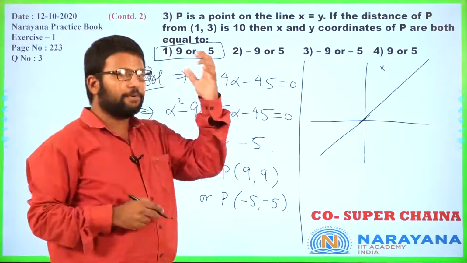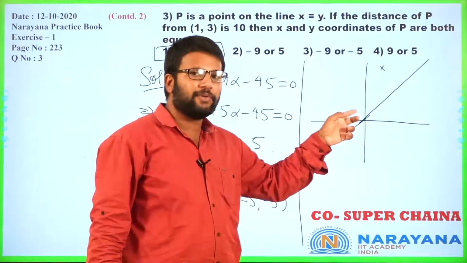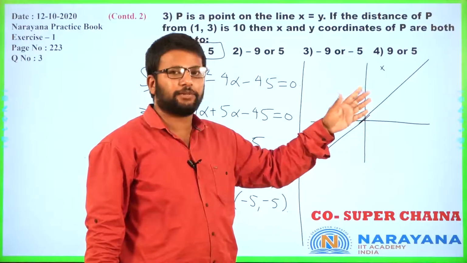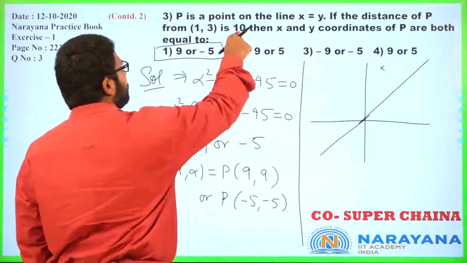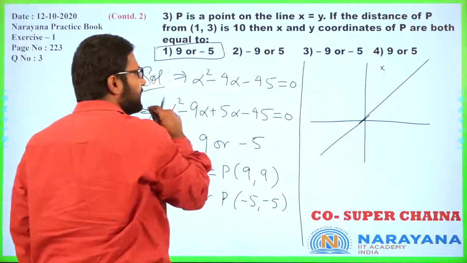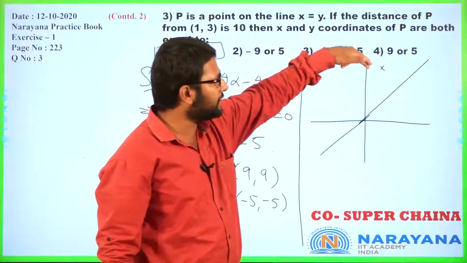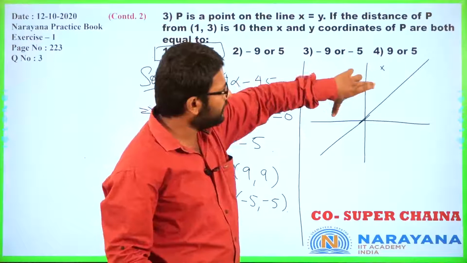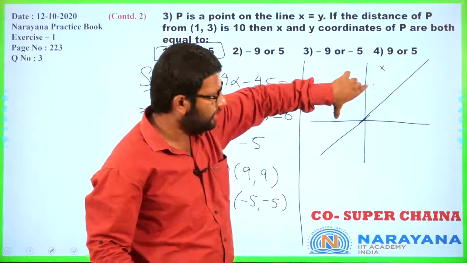So mentally, can we do this? Mentally, 1 comma 3, what is its distance from the origin? Its distance from the origin would be root of 1 square plus 3 square, right? Which means root 10. Root 10 is approximately 3.3 or something like that. So if this distance is 3.3, do you realize that 10 units, that distance would be somewhere over here or all the way over there, right? And exactly, think of it like drawing a circle with this as a center and 10 units as radius. Draw a circle. Now that circle will cut this line at exactly 2 points, right? If I hold it like this, there and here.